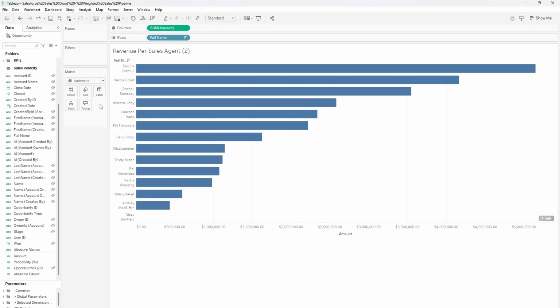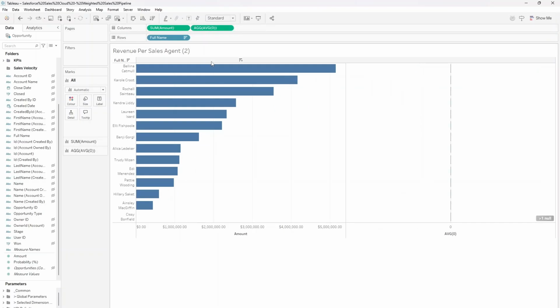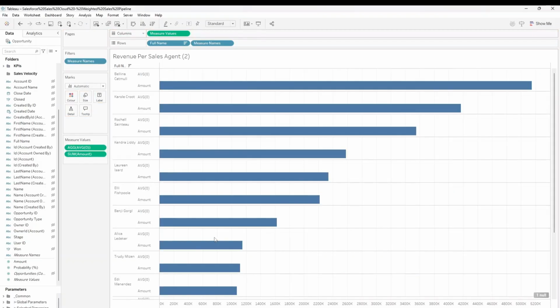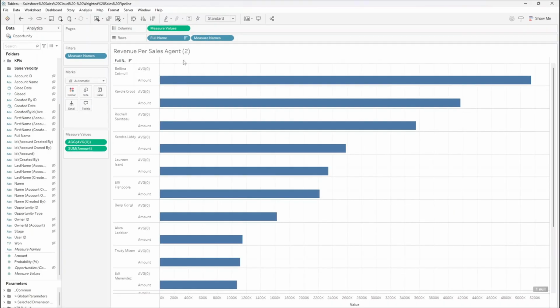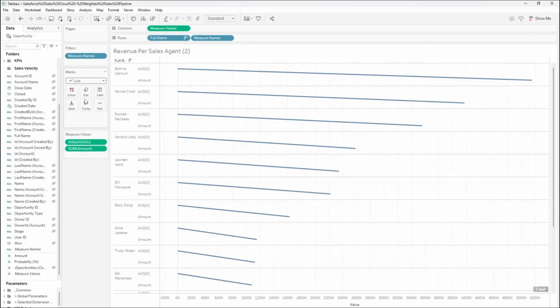I'll make a copy of the original chart and then I'm going to create rounded bars using the dual axis technique. To do that, you simply create a made-up calculated field. For example, I'll create Average 0, and I'll drag that to the axis of the bar chart. This will create two measure values,